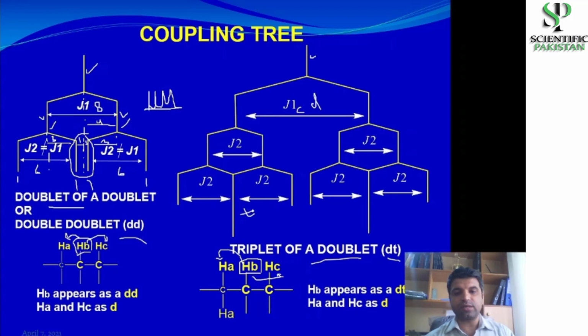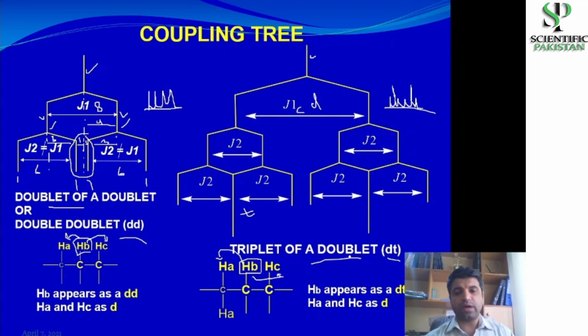So doublet has a larger coupling constant value and triplet has a smaller coupling constant value, and this signal would look like this. So we have one triplet and then we have another triplet. This is in a case when the magnitude of splitting for the doublet is larger than the triplet,